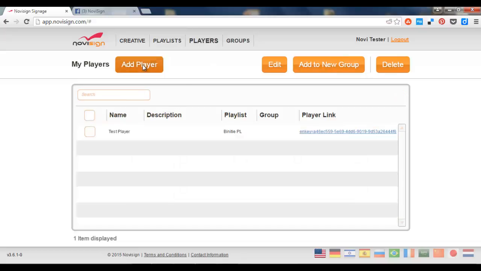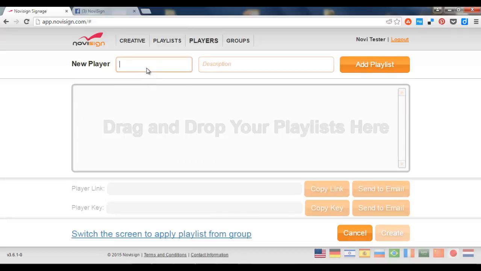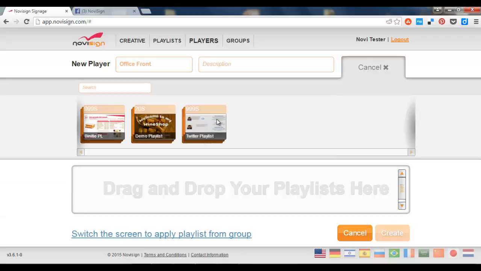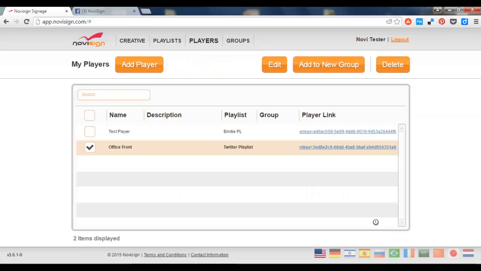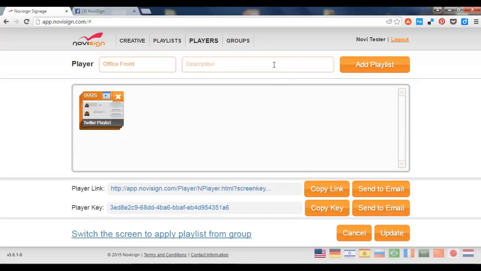Last thing to do is to go and create a new player. Let's call it Office Front to represent the place in which the screen is going to be located. Now I'm going to drag the Twitter playlist to this canvas, press the create button, and there it is. I have a player which has this Twitter playlist assigned. All I need to do is to access that by pressing the edit button, then copy the long screen key,